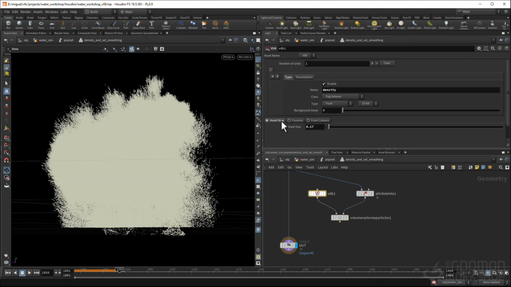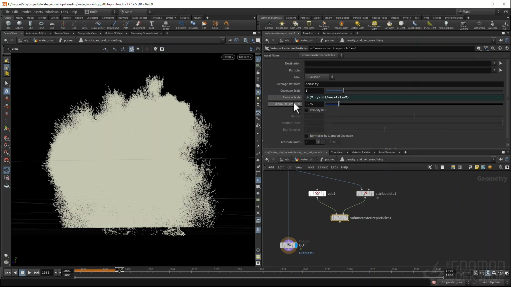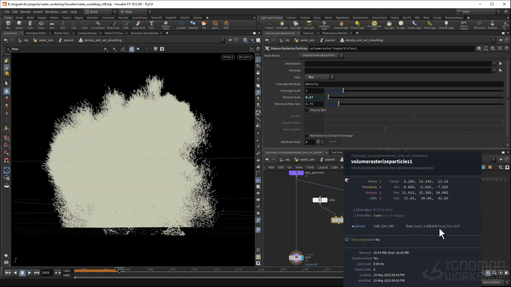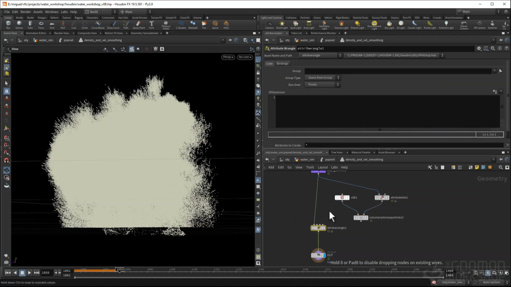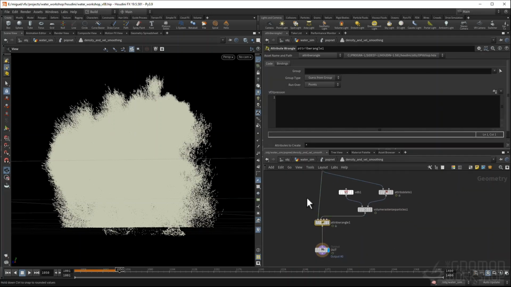Now the particle scale, I want it to correlate to the voxel size. Paste relative references, and I'll set the filter to box. Now I should have here a density VDB that contains essentially the number of points in each cell, and I can pass that on to the mesh, the points using wrangle, and say that a new PT density attribute will be equal to